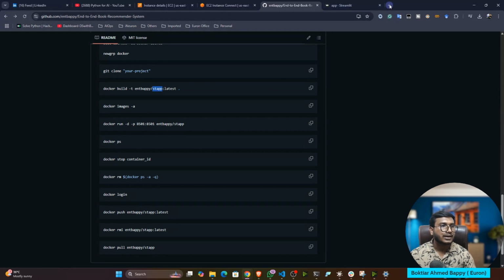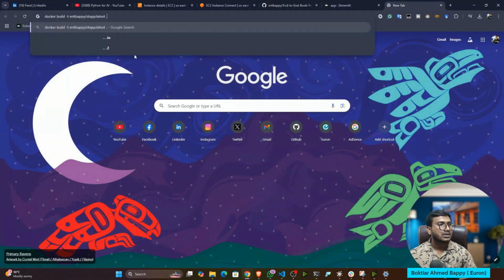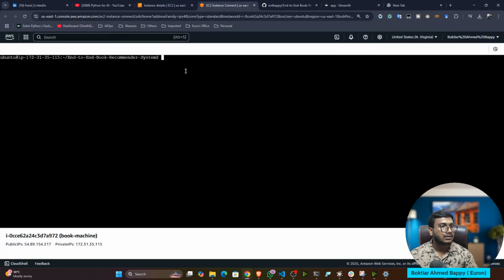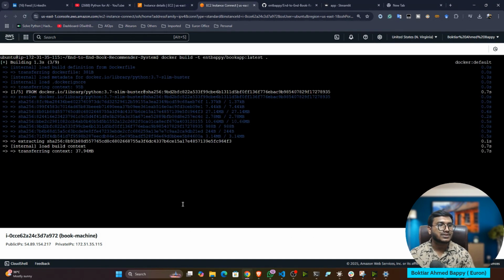So what I will do, instead of st app, I will give book app. Book app, this is the name of my Docker image. And now I'll copy, and here let me execute. Now it is building the image. So it will take some time based on your project size. Then after that, I will execute it as a container.